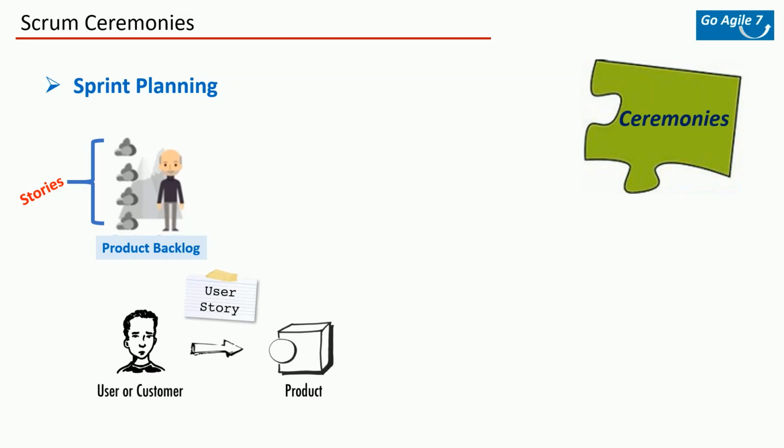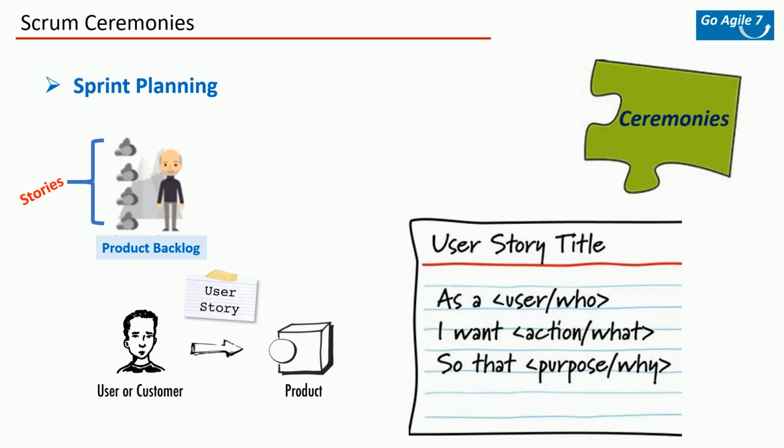Let's spend a minute on what these stories are. User stories are nothing but short, simple descriptions of a feature told from the perspective of the person who desires the new capability. That's normally a user or customer in the system. Generally, a simple template is followed. So you are building the software for some user or business, right? Just imagine if they explain how they visualize the functionality, that is nothing but your user story.